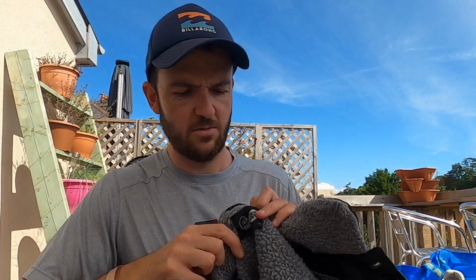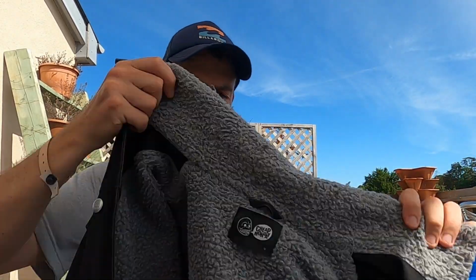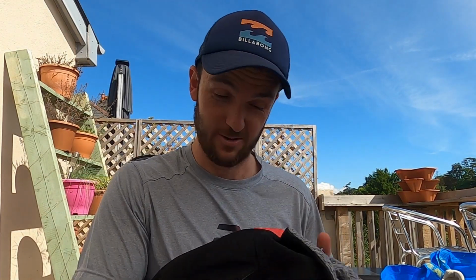Similar note with this one. This is a Cheap Monday, and again, I haven't really picked up before. Denim jacket, size medium, black. Actually fits me, but I don't really wear these sort of things. I might keep it. Oh no. Honestly, I've got so many clothes, I can't keep things. I'll keep it until it sells. That's what I'll do. It's Cheap Monday, size medium, lovely sort of,